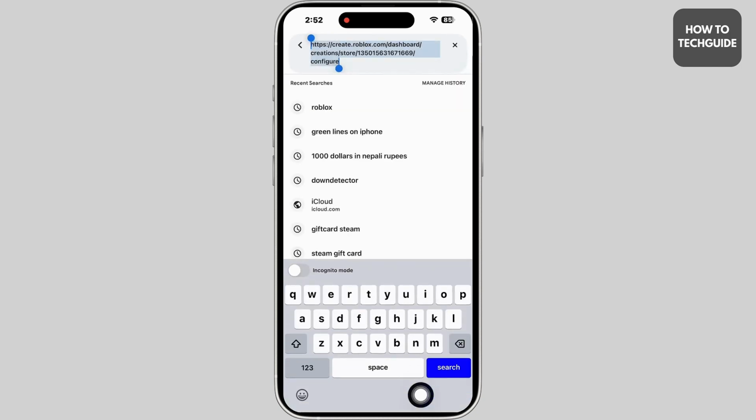Look closely. After the word asset, there is a number. That number is your music ID. Just select and copy that number. You can now use it in Roblox Studio, games, or anywhere that accepts sound IDs. And that's it. You have just learned how to find a Roblox Music ID on mobile